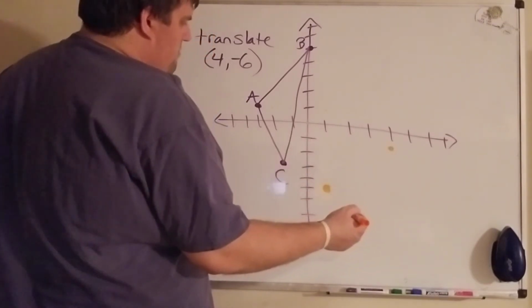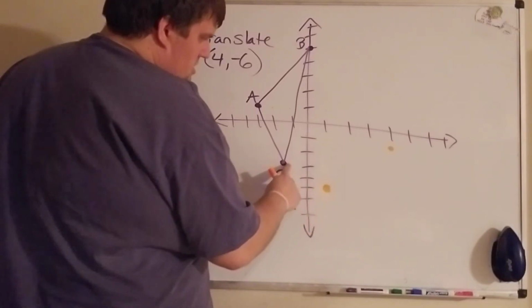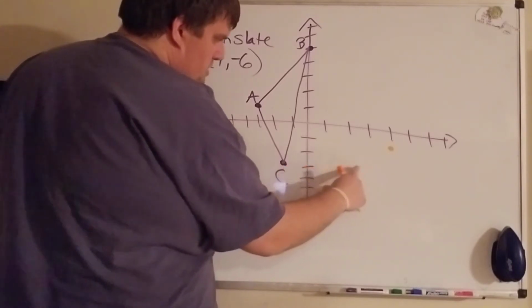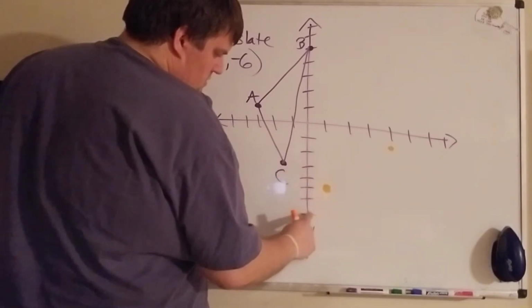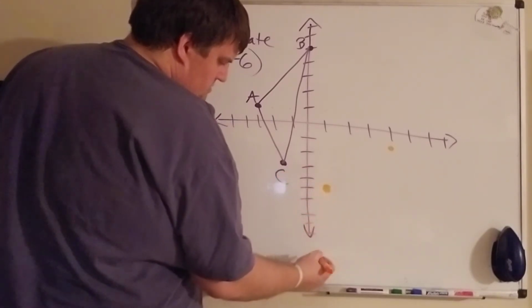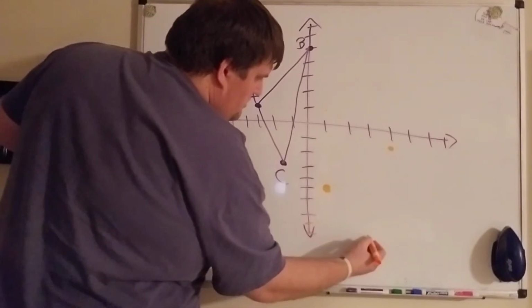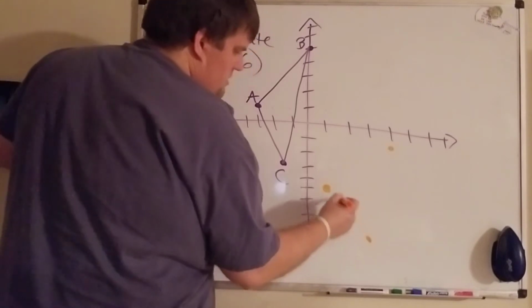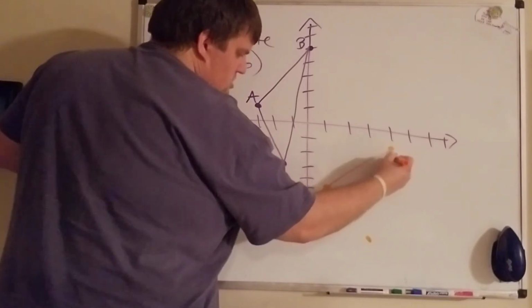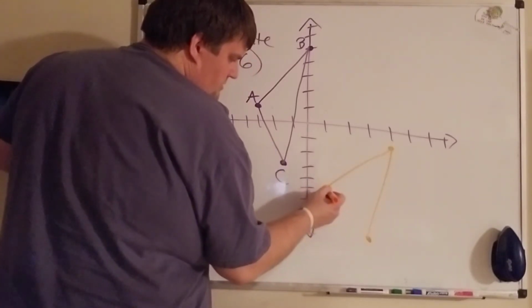And then, what do we got? C. 1, 2, 3, 4, 5, 6. Throw some extra lines on there. It's going to move over to here. Cool. Now, when we put this triangle back together,